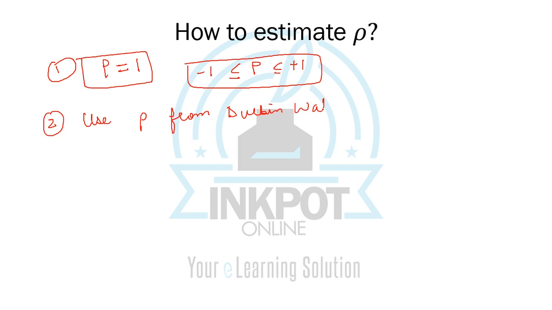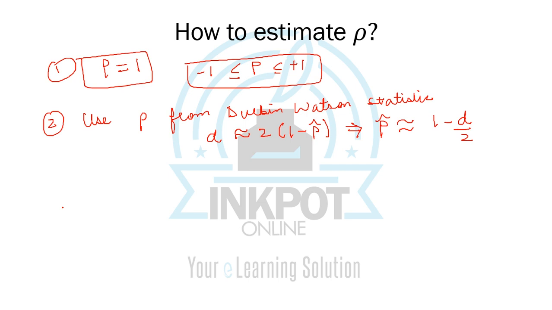Durbin-Watson statistic. If you remember, we had said that for large samples this result holds true: d is approximately equal to 1 minus rho hat. So rho hat is basically the estimate of rho, the true measure of the autocorrelation coefficient. So we can simply find rho hat as approximately equal to 1 minus d